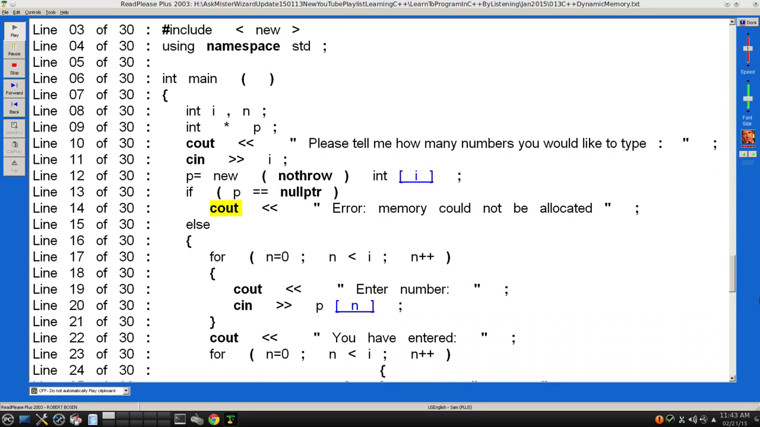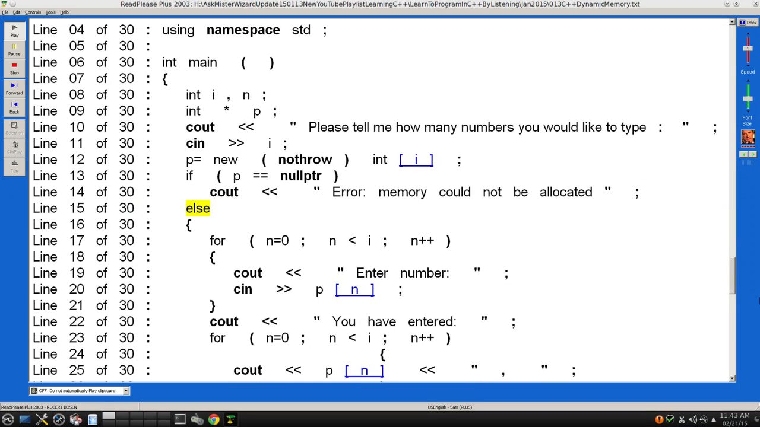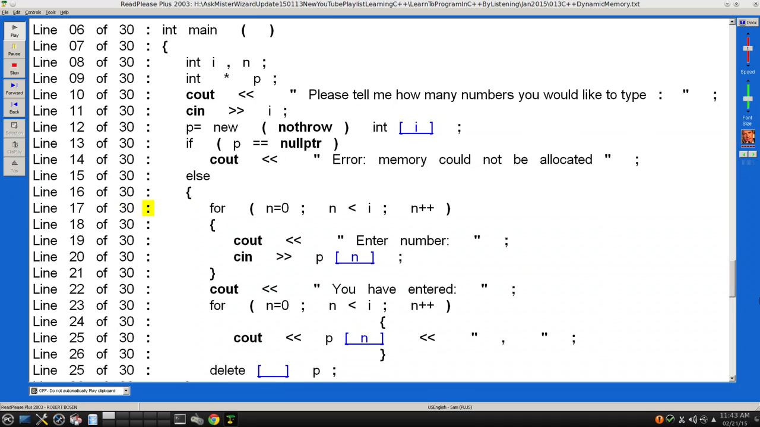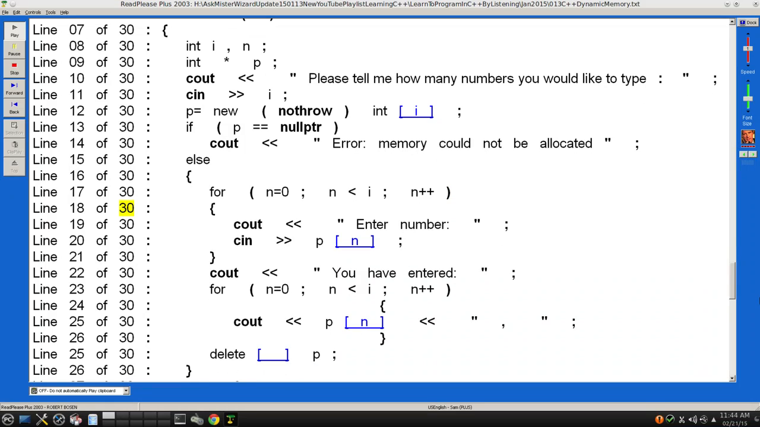Line 14 of 30: cout << "Error: memory could not be allocated"; Line 15 of 30: else Line 16 of 30: { Line 17 of 30: for (n = 0; n < i; n++) Line 18 of 30: {